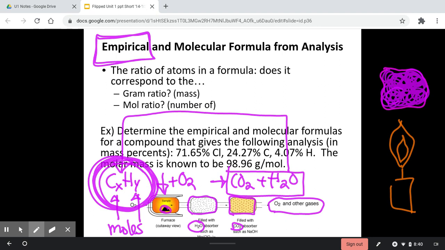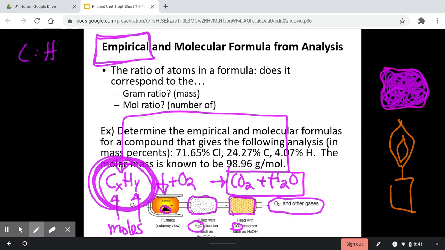And since we're dealing with super, super large numbers of super, super small things like atoms, the easiest way to count those large numbers is to count in moles. So what we are looking for is moles of carbon and moles of hydrogen. All right, so